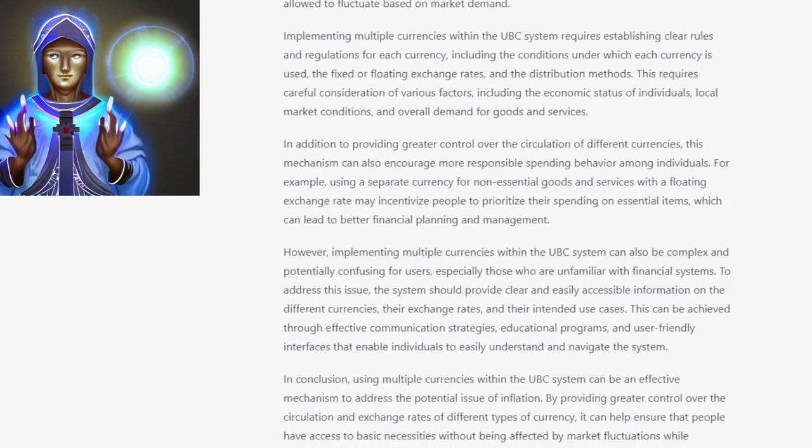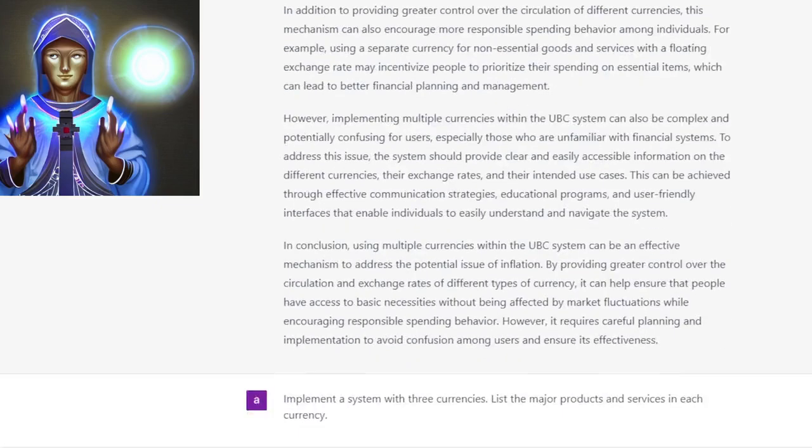This mechanism can also encourage more responsible spending behavior among individuals. For example, using a separate currency for non-essential goods and services with a floating exchange rate may incentivize people to prioritize their spending on essential items, which can lead to better financial planning and management. However, implementing multiple currencies within the UBC system can also be complex and potentially confusing for users, especially those who are